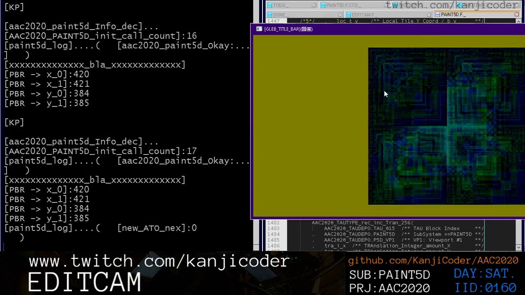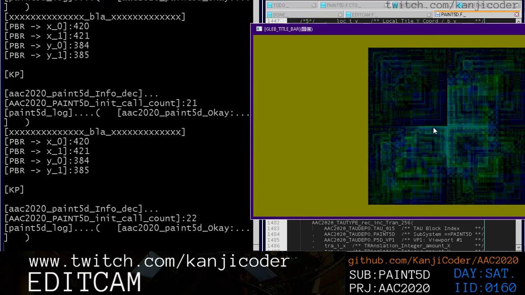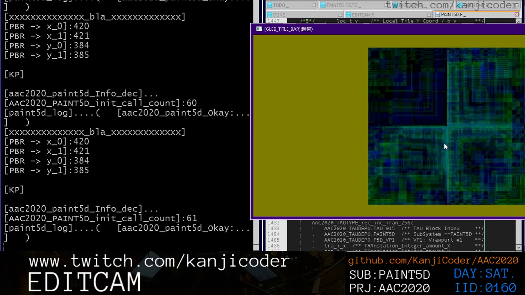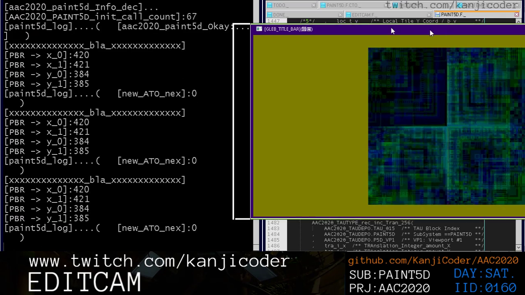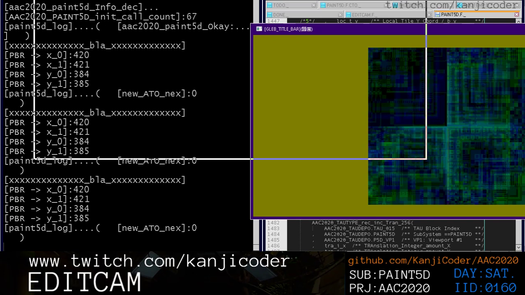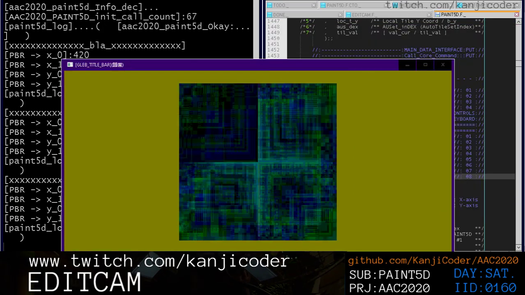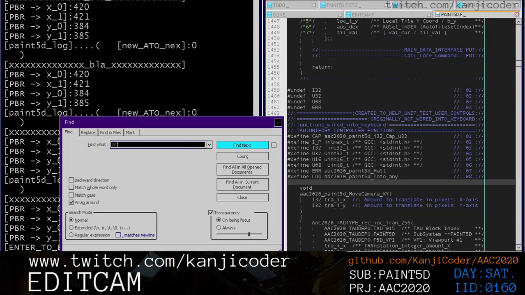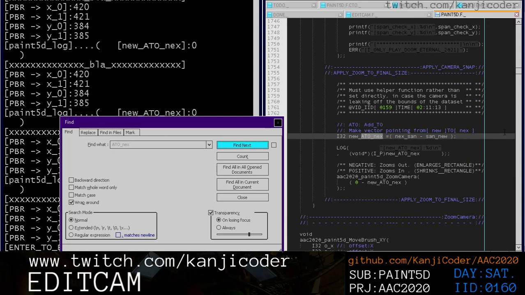So it looks like every time we do this, new to next is giving us a 0. So what, WTF, man. So ATO next, right? So let's go find out where that's coming from, right? So this thing is